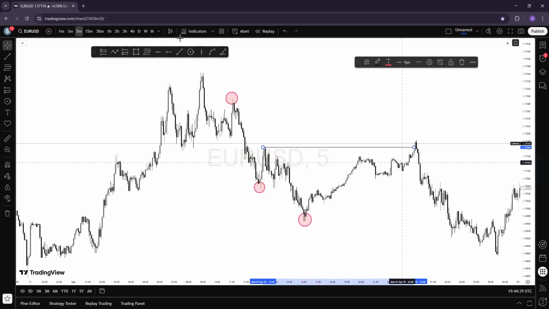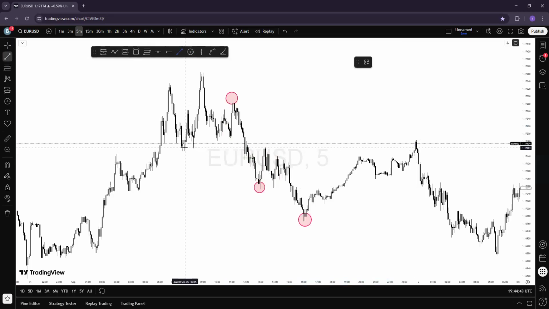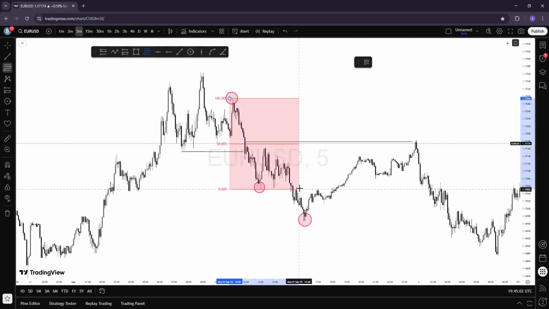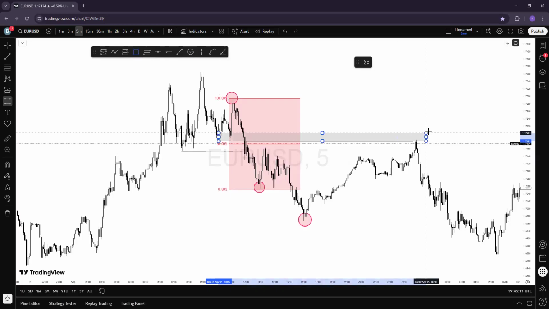Let's take a look at something here. We have a break here. We can say this is a high, a low, a high. This is the break, and this is the first pullback after the break. This pullback liquidity is up to 50%. The market came, took out the liquidity level, then used the breaker around here and sold off. This is a complete pullback.